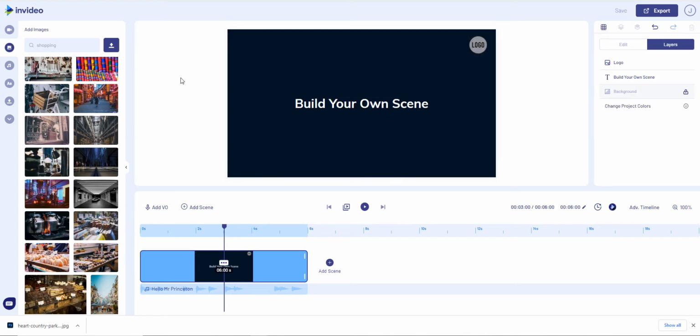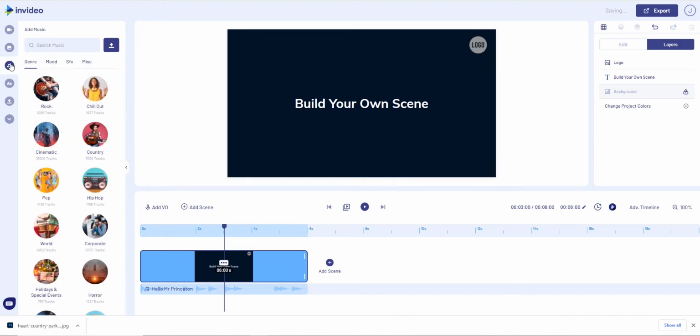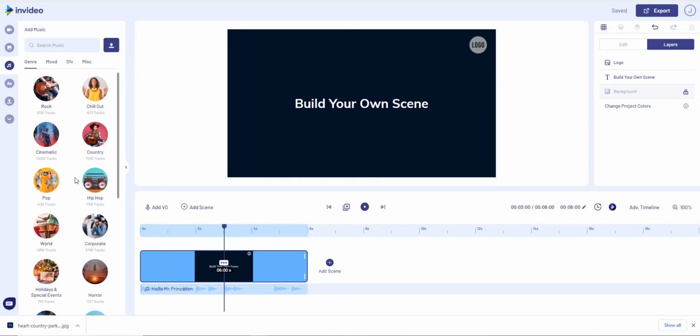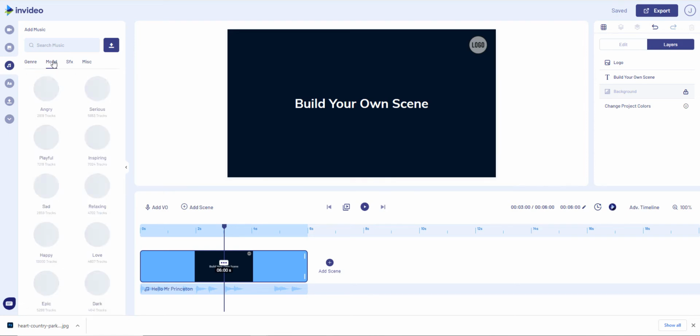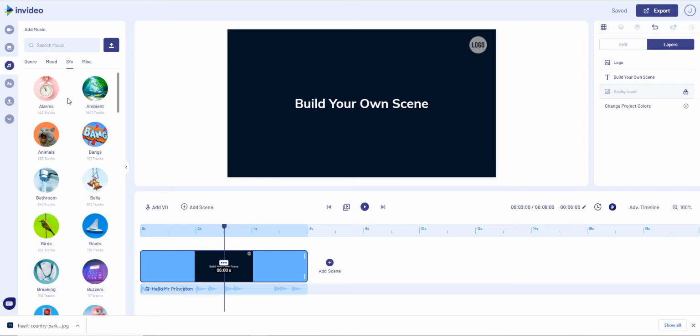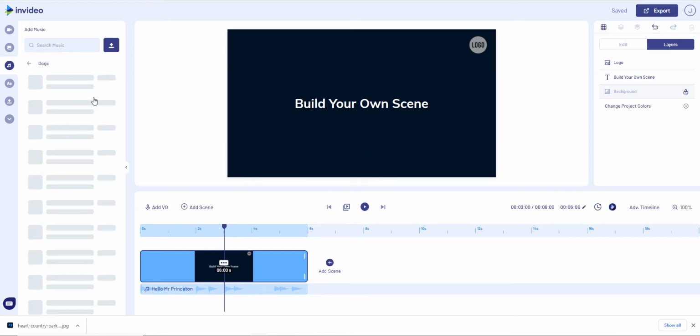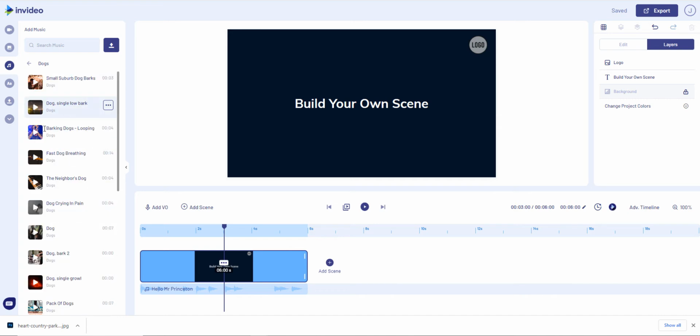Okay, so that's the new look and feel here, but this is the one. So now we can look at music based on genre, mood, sound effects, alarms, boats, cartoons, woofers. Yes, we can hear